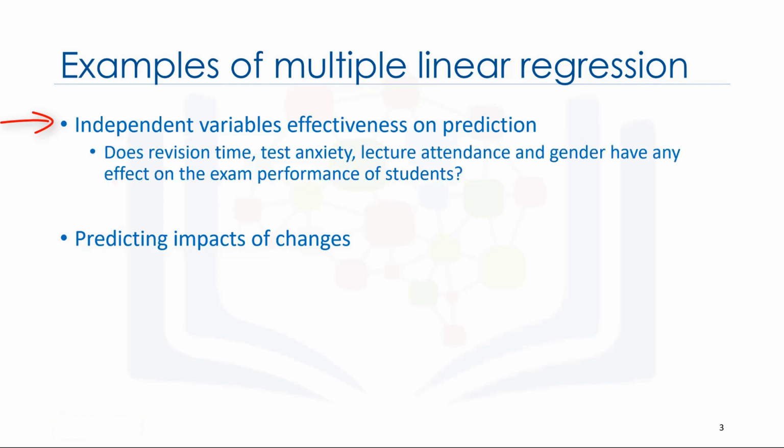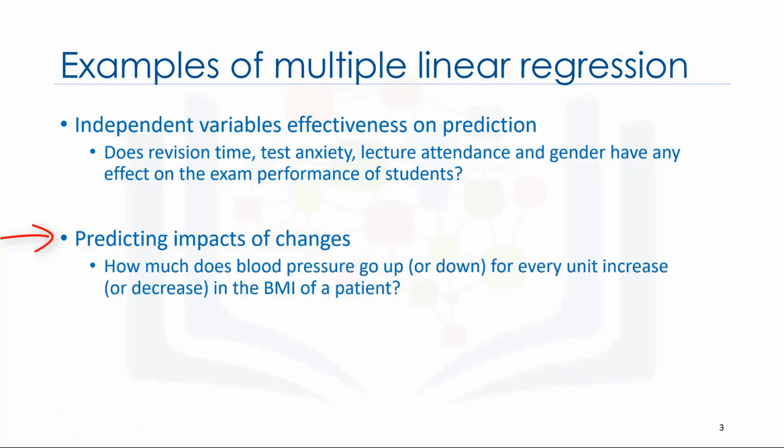For example, does revision time, test anxiety, lecture attendance, and gender have any effect on exam performance of students? Second, it can be used to predict the impact of changes. That is, to understand how the dependent variable changes when we change the independent variables. For example, if we were reviewing a person's health data, a multiple linear regression can tell you how much that person's blood pressure goes up or down for every unit increase or decrease in a patient's body mass index, holding